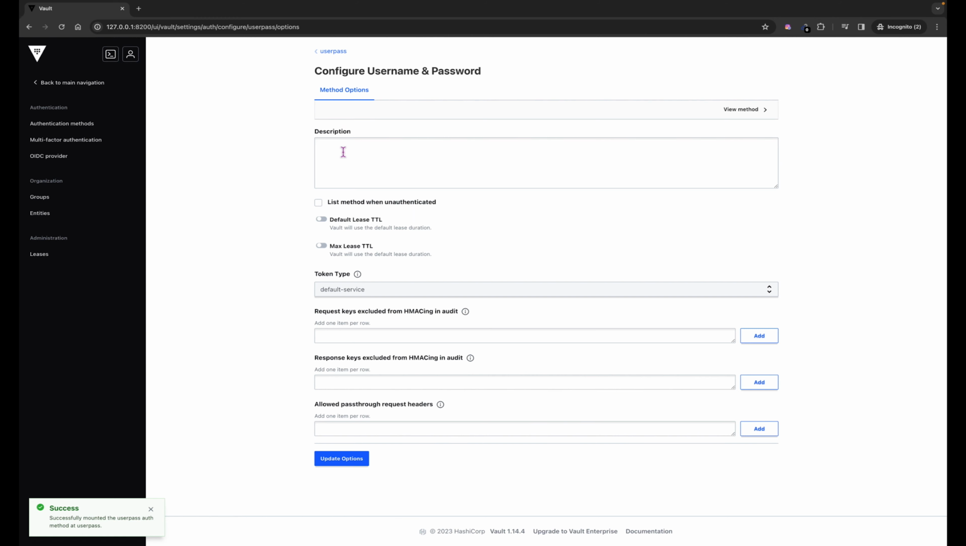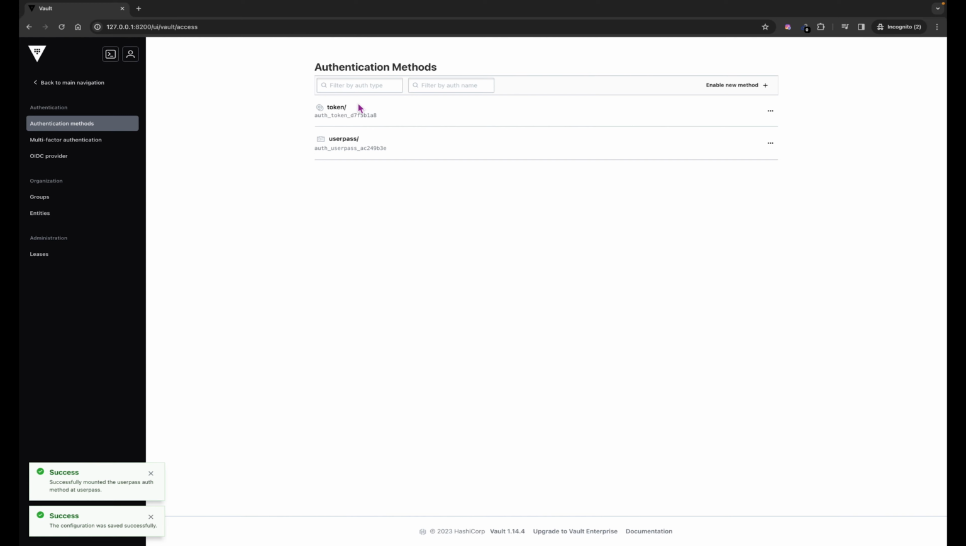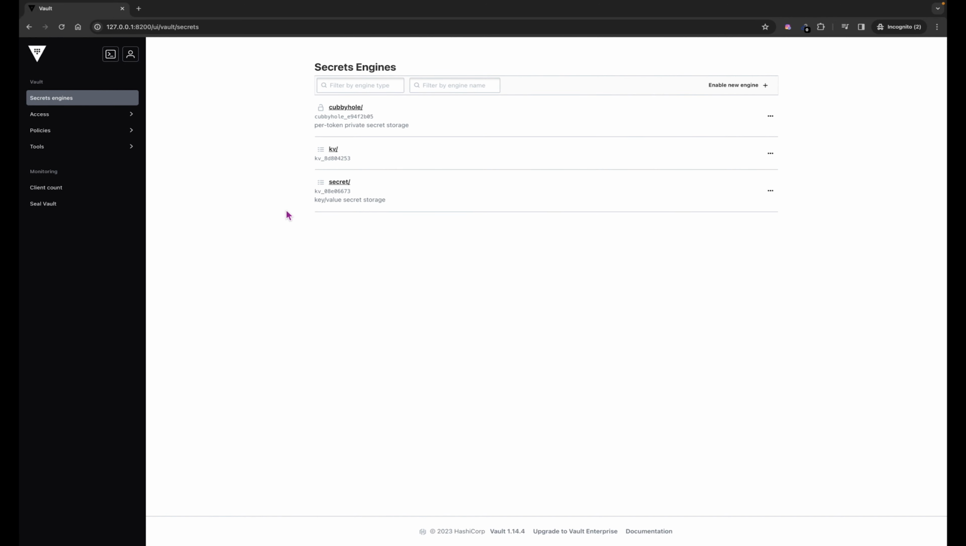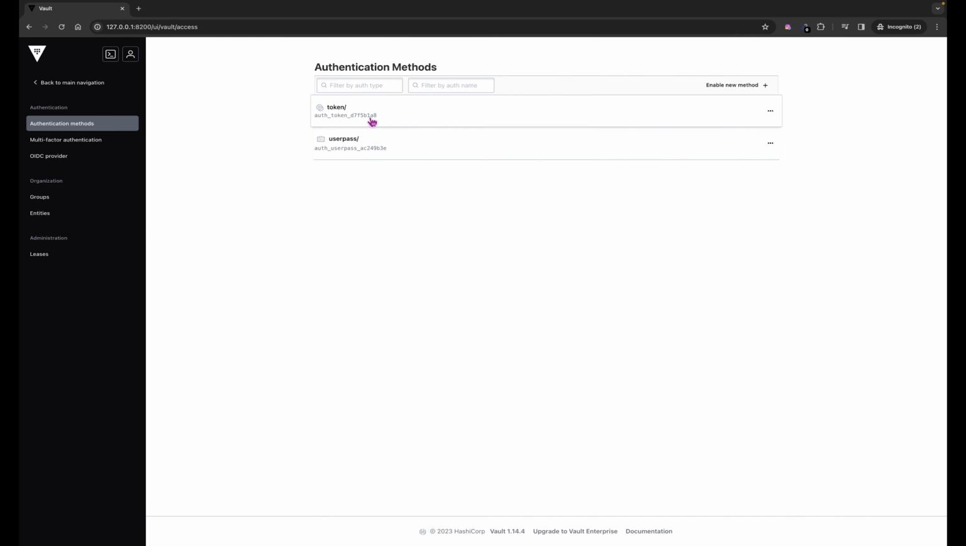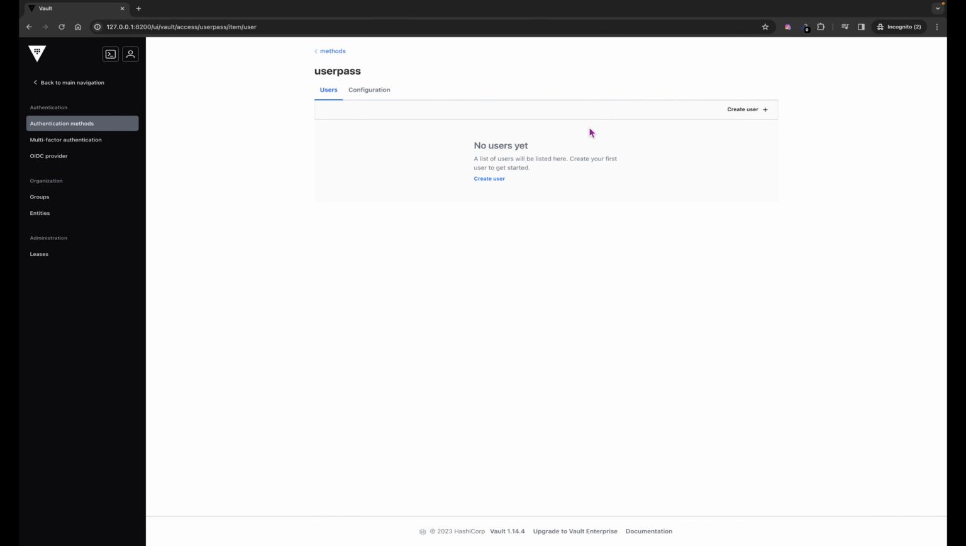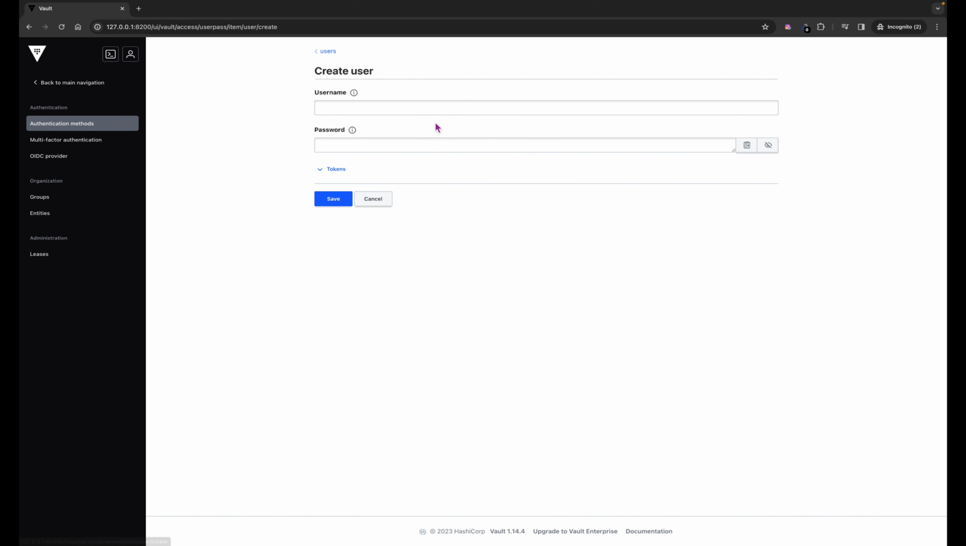Now I just click on enable method, and I'll just leave these things as default. So now you can see that we have this authentication method enabled, and this authentication method has the name userpass. So now we have enabled this authentication method, and let's try to create one user with the help of that authentication method. So let's go to authentication methods, and here I can simply go ahead and create a user. I'll give this name as, let's say, John,